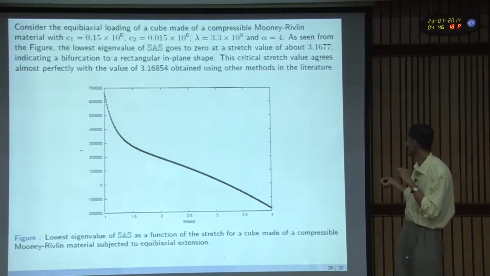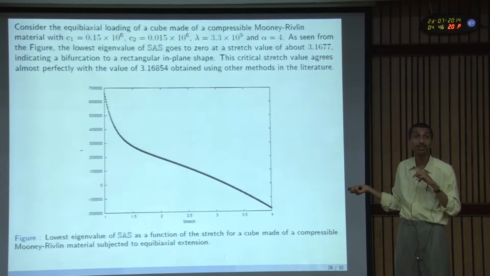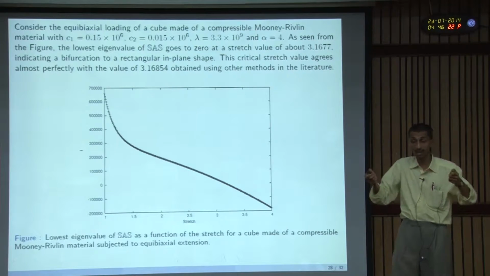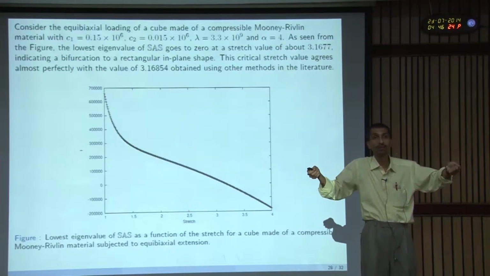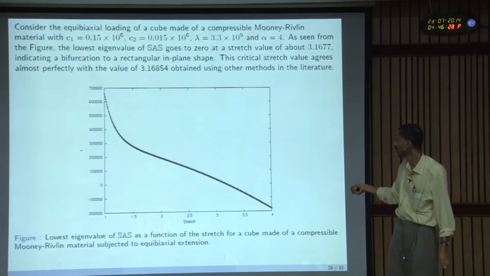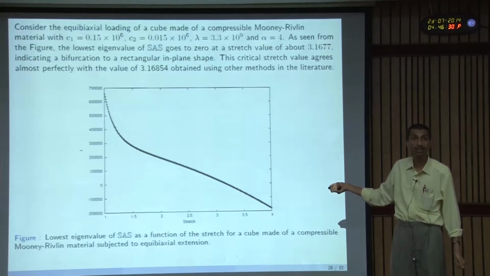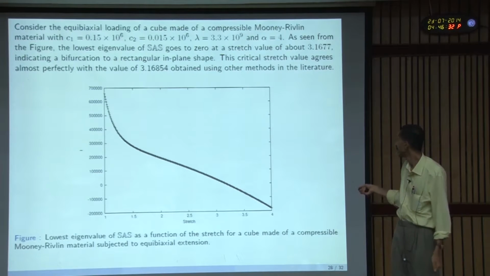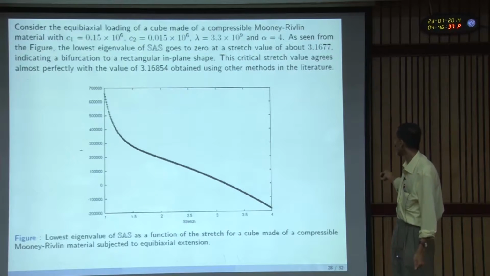Yeah, but this is in the tensile one. This is not compressive. This is tensile. Here you are applying tensile load. You are not applying compressive load. This is positive, greater than 1. This is not less than 1. But the stress value is negative. No. These are all after that bifurcation that is happening.